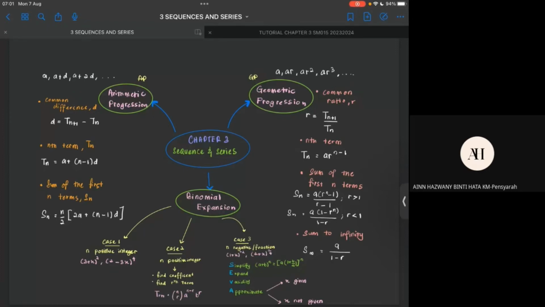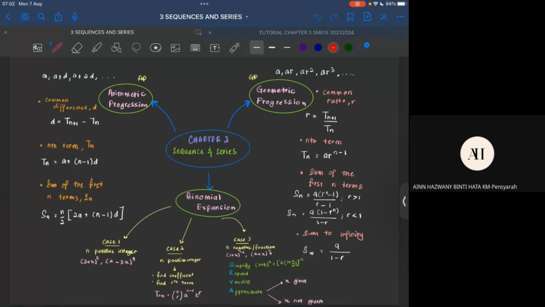Chapter 3 ni pendek dan chapter 3 ni pun tak masuk exam. Tapi jangan ingat tak masuk exam tak perlu belajar. Okay, chapter 3 ini akan digunakan untuk UPS dan juga assignment kamu. So apa yang kita akan belajar dekat chapter 3, which is kalau kamu tengok dekat sini kita ada 2